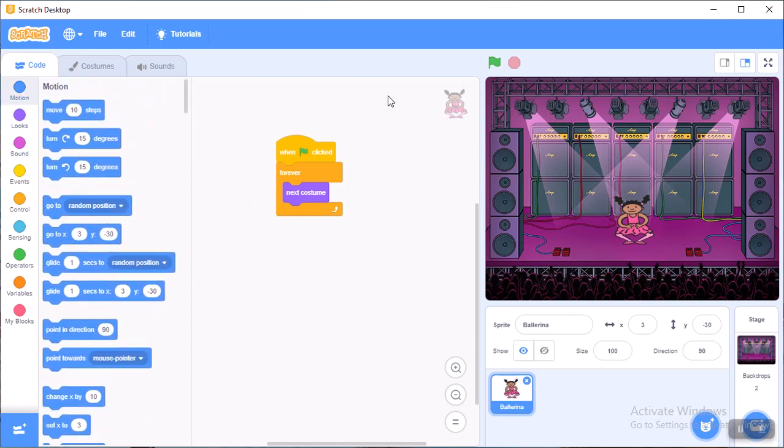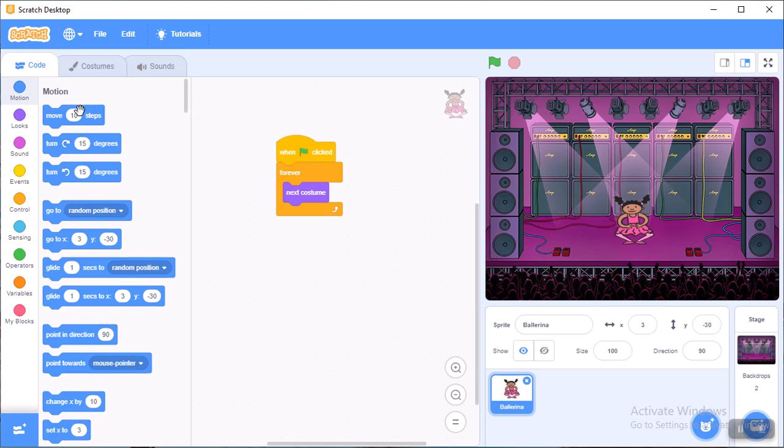Let's run it first. Watch it. See, now this ballerina is dancing. Let's stop it by clicking on this red button, but it moved so fast. Now we want to make it a little bit slow.